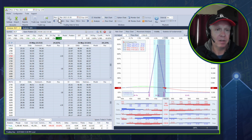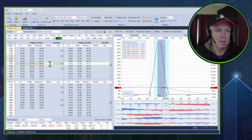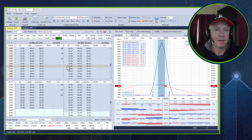But here we went all the way to the 27th, which is only about 4 days, and we had a good sized market move. We're over 1750 at my checkpoint time, so I'm going to add in, but we're under 1770, so I'm going to add in my second third. I'm going to come in here and add in my 1730s. And then our next adjustment